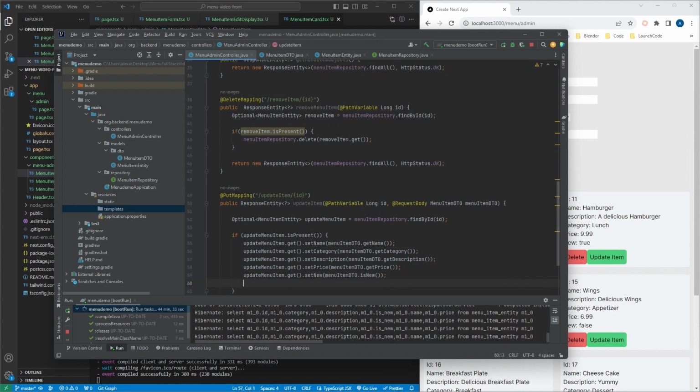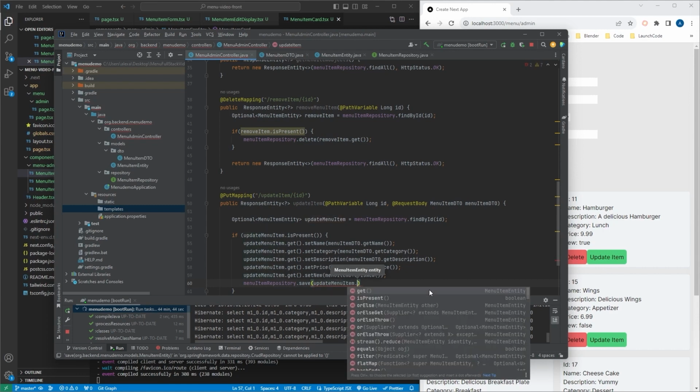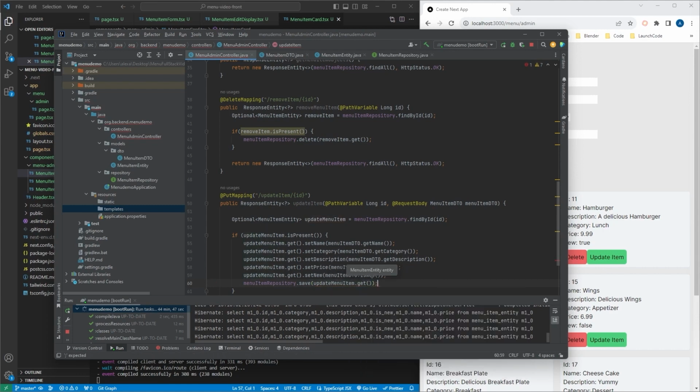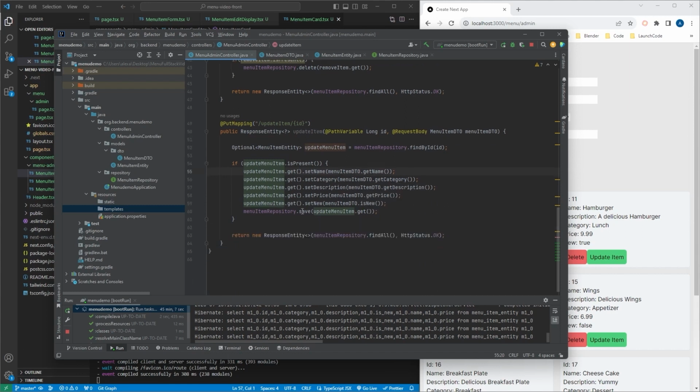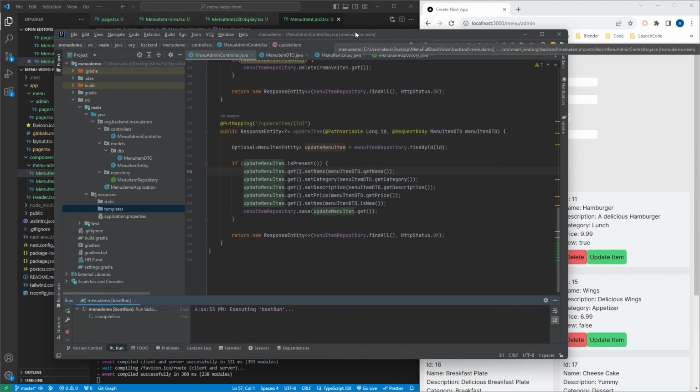Okay, so then this is our updated item here. So now we can say menu item repository dot save, and here we can say update menu item dot get. All right, so pretty much we find our item, and then we're modifying our item here because it has all these fields predefined from its first entry. And we're resetting the name, resetting the category, description, etc. And now this should be good to go. So if I were to restart my backend here, I'm going to go ahead and get this out of the way,